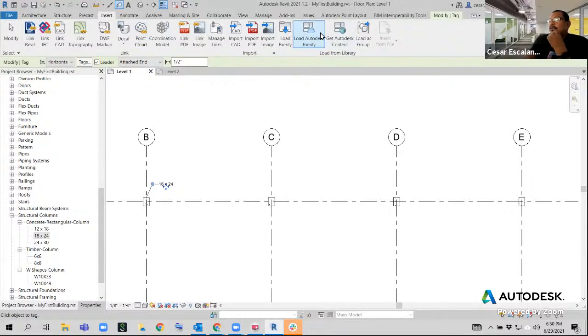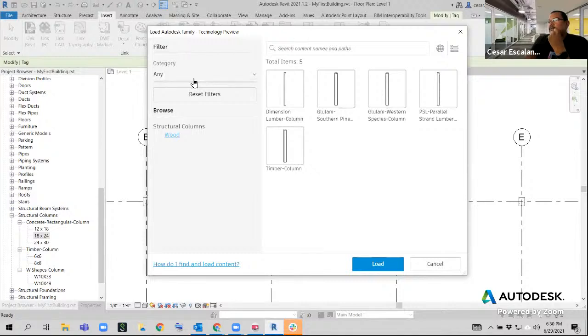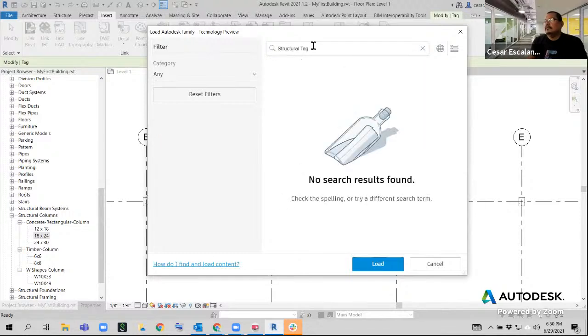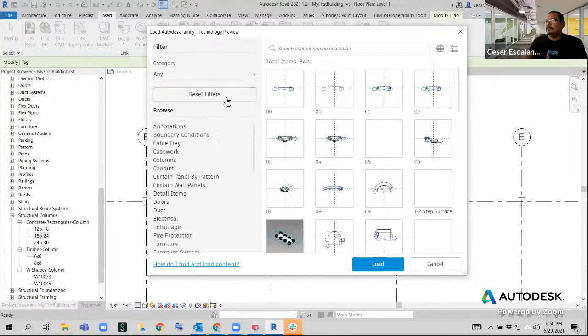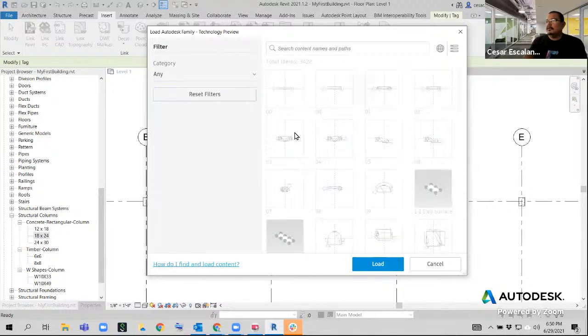You can also load it if you have access to the Autodesk Cloud family. This is easy because instead of navigating through the whole structure, you can look for the structural column tag. Why doesn't it do this? Maybe I need to reset the filter. That's what it was. And then you go to Annotations,